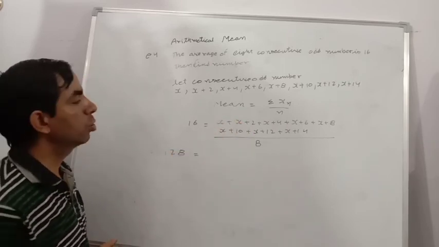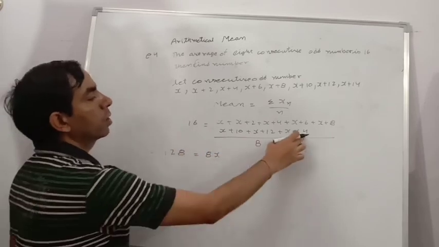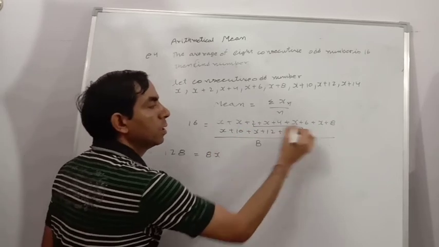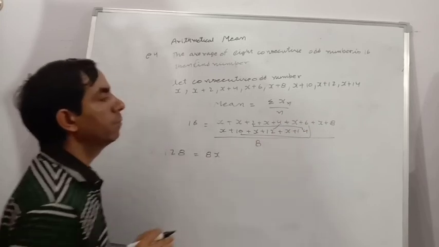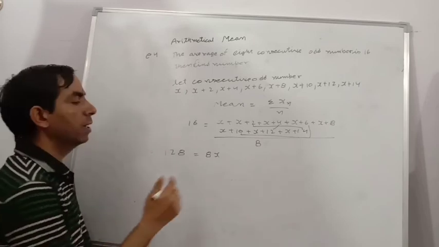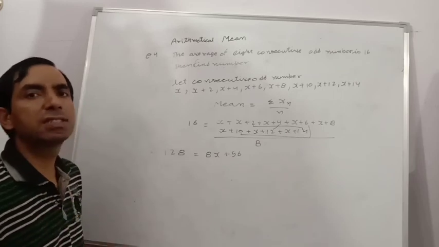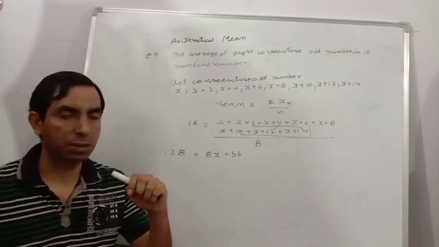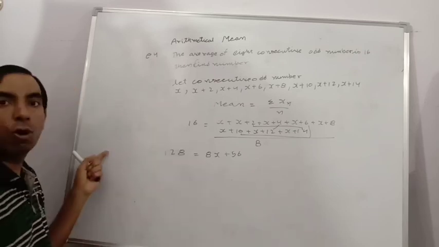On the right-hand side, if we solve the numerator, we get 8x in total, plus 14, 12, 10. Now to add, 14 and 2 is 16, 4 and 12 is 16, 10 and 6 is 16, so we get 3 sixteens, which is 48, and 48 and 8 is 56. I use this method only for addition, because sometimes in a series two numbers have the same sum and there are a lot of such pairs. By this method we can add easily. Otherwise we add by the old method.